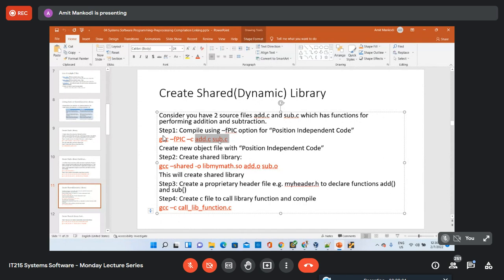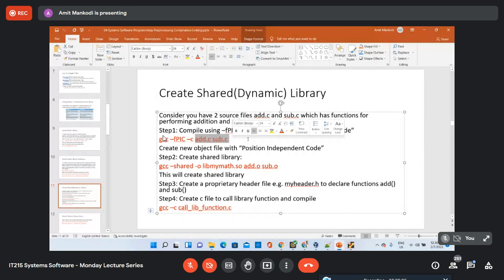Now, if you recall, I said earlier that when you create a dynamic or shared library, the function code is not loaded into memory until the function call happens, and the code of the function is not embedded inside the executable code.